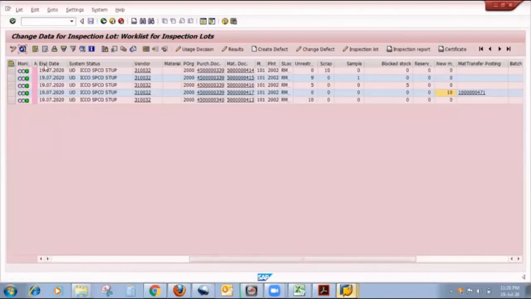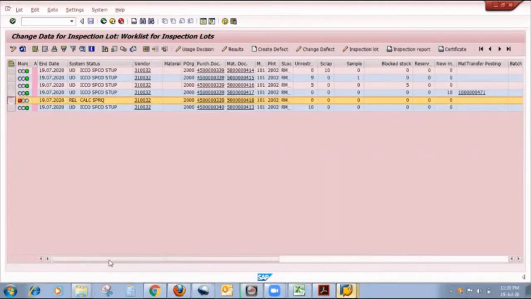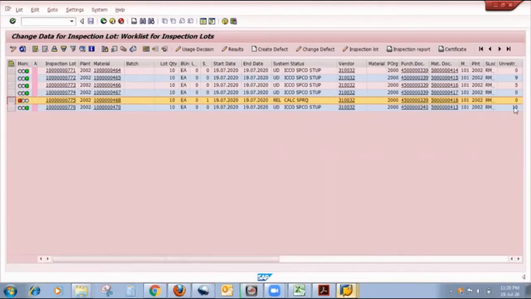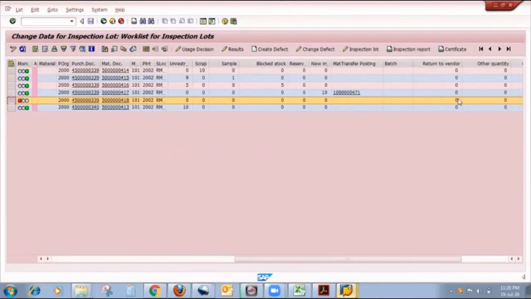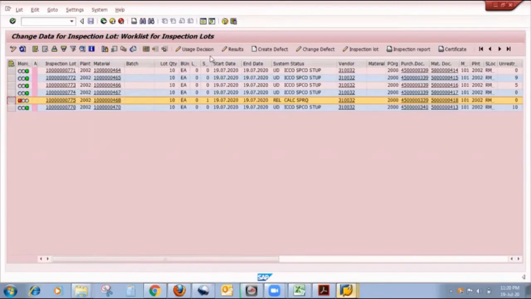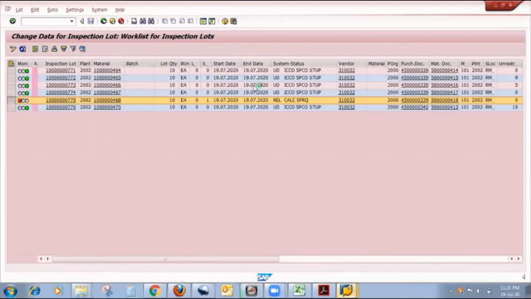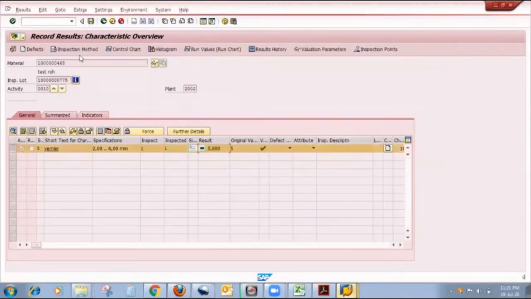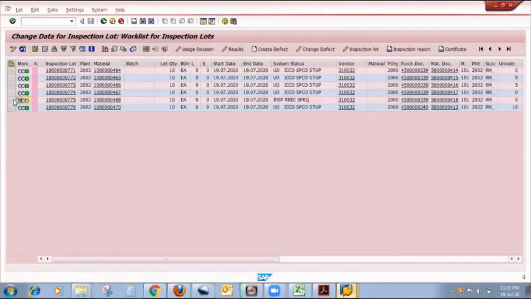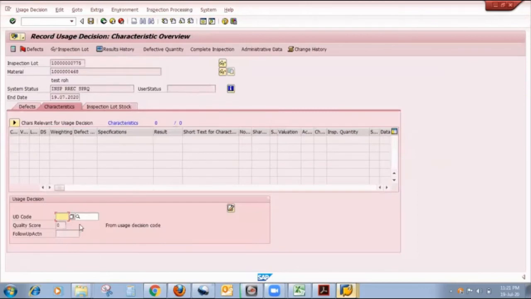So after refreshing QA32, there is one inspection lot. I will follow the same procedure. Friends, I will show you there is no stock in quality inspection, block stock, or sample consumption; all quantities are 0. Now I want to do result recording for the same inspection lot. Here put the result, an acceptable result, evaluate it and close it. Save it. After saving, the inspection lot status changes, and my next step is the user's decision.